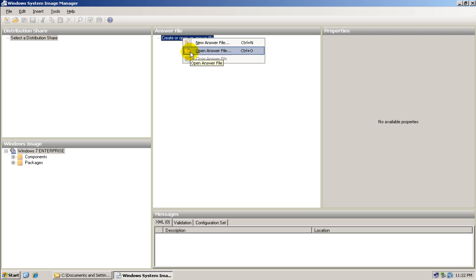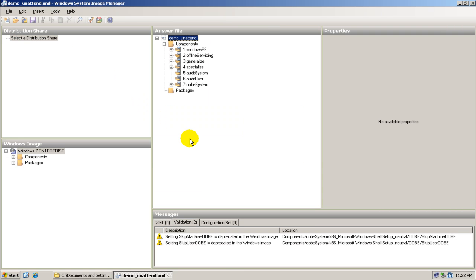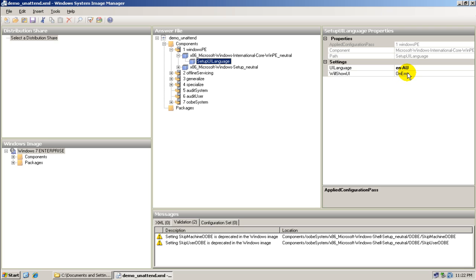I then open my XML file, and if we go to my desktop, to master, I have my demo Unattend.xml file. And now I have the passes that Microsoft Windows 7 uses as part of the sysprep process for deployment and capture, and also the components. What I have here in my Unattend.xml file is the bare minimum required for a successful deployment, so use this as a template. Under WinPE, in the first pass, we have the setup language set to English Australian because we're